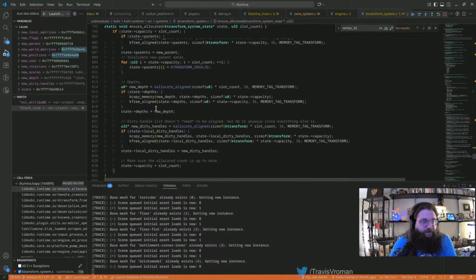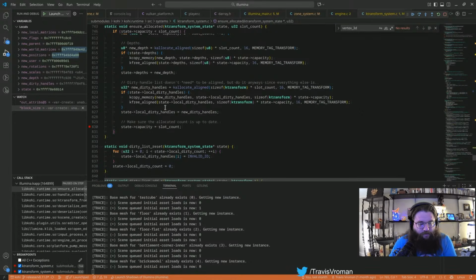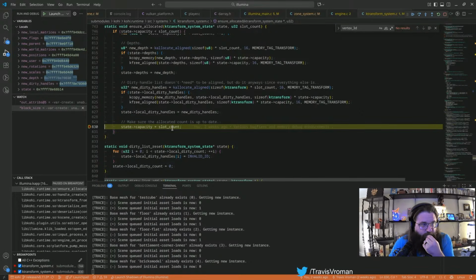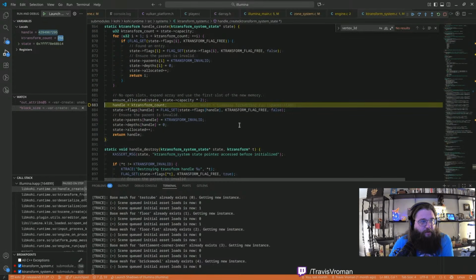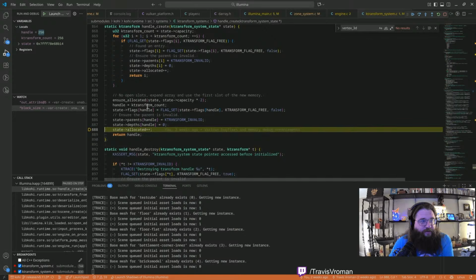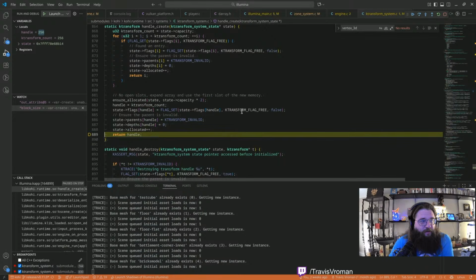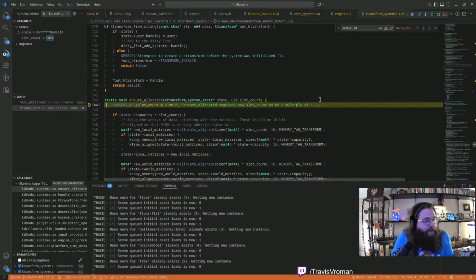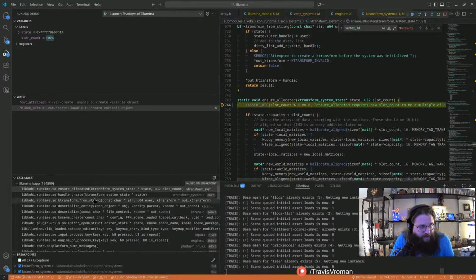So let's actually just go all the way down here. So the slot count this time should be 512. It is. Okay. And then we, of course, do the same thing again there. And it's hitting it again. What is requesting all these transforms? There's no way we have that many transforms.